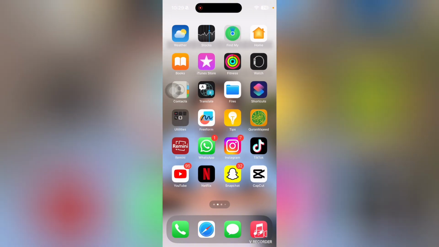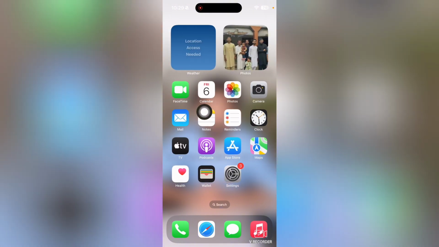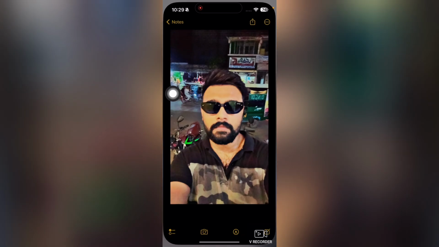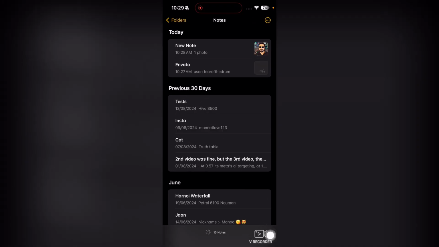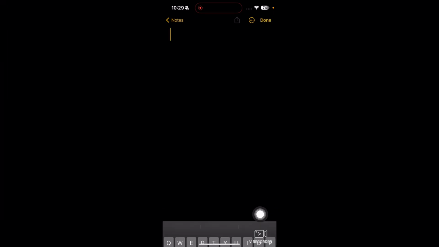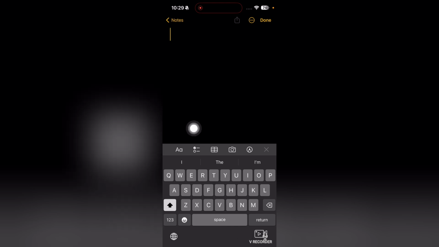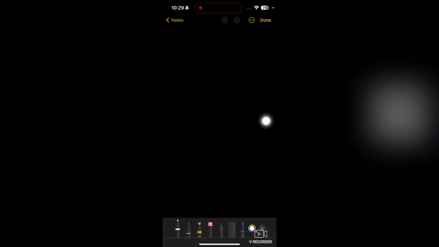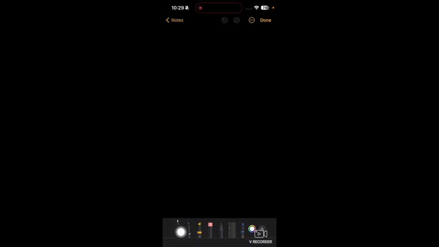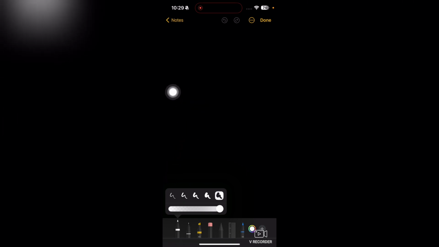So first of all, what you're gonna need to do, you will go into this option where it says Notes, and by default it's present in every iPhone. So tap on Notes here, and once you are done with the notes, you will tap on this option here, new note, and then if you want to make a drawing or if you want to make a sketch, you will tap on this pencil icon here, and then from here you can select the brush. So I will select this one, and then you will select its size, and then what you're gonna do, just basically